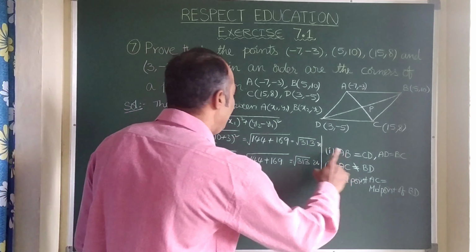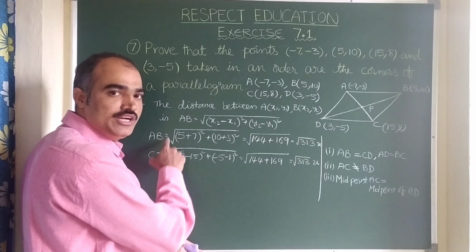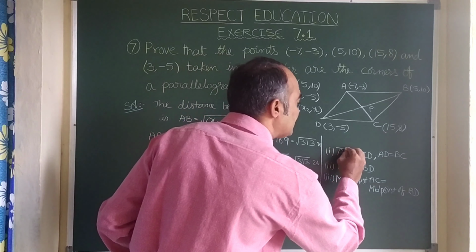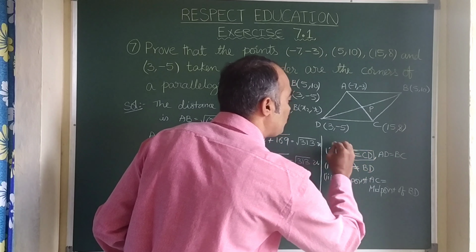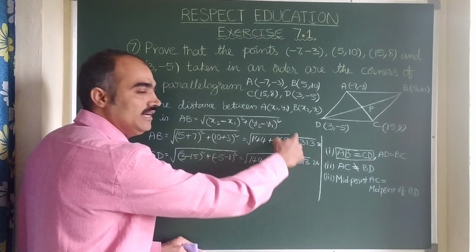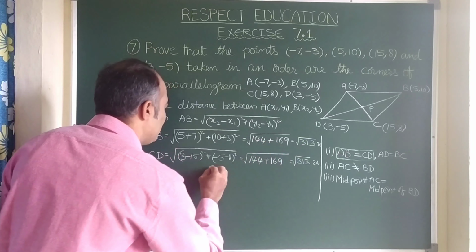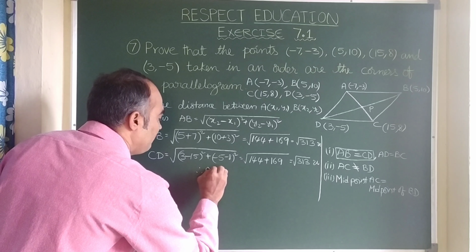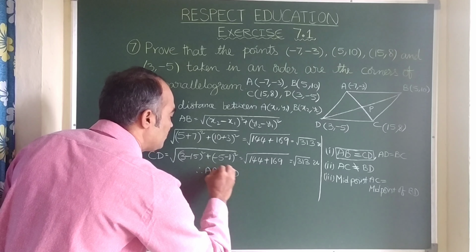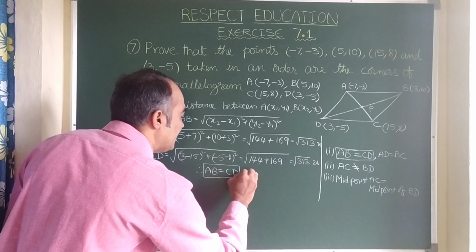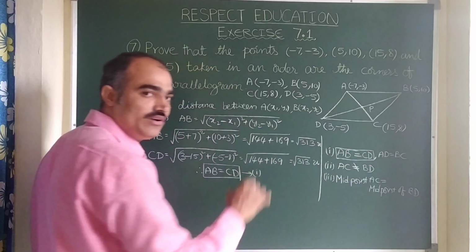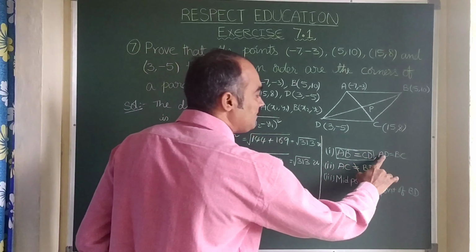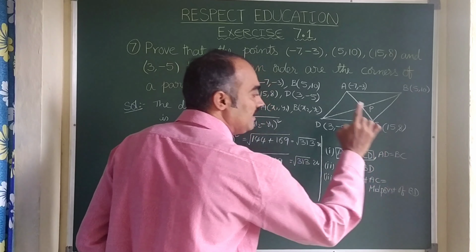Now, at present we got AB equal to CD. So this condition gets satisfied. This condition is proved. Therefore we have AB is equal to CD. Let us take it as equation number 1. In this, the first part is over. Now let us find the distance between A and D.